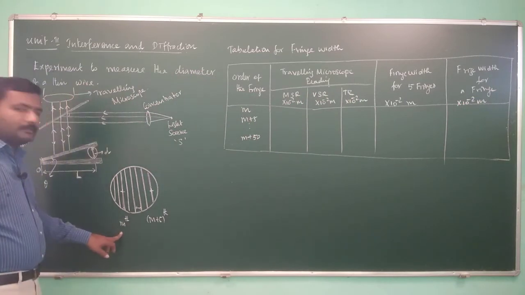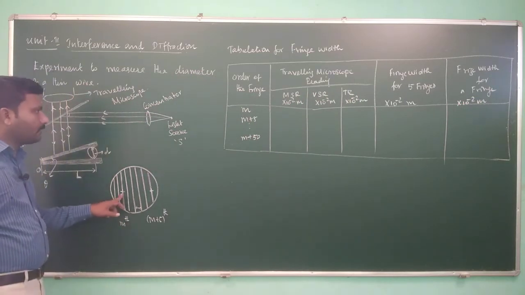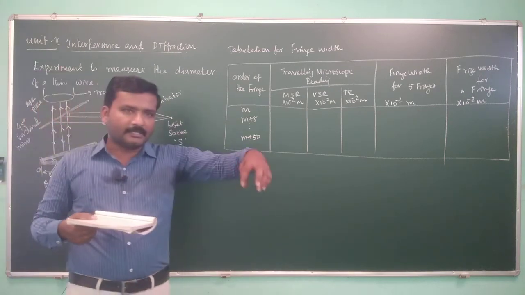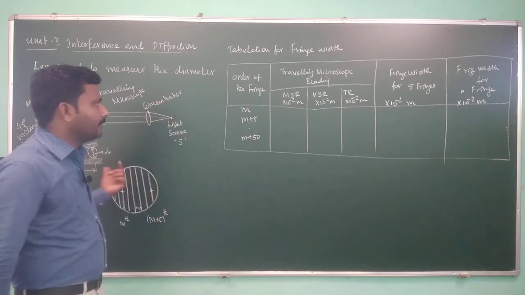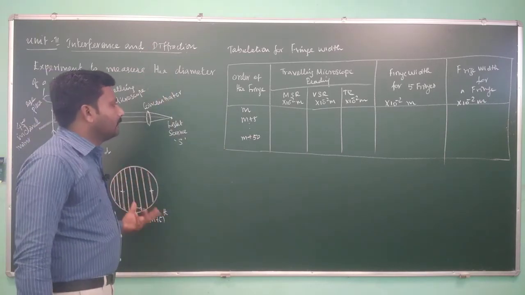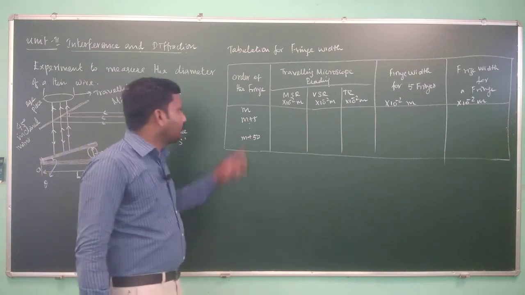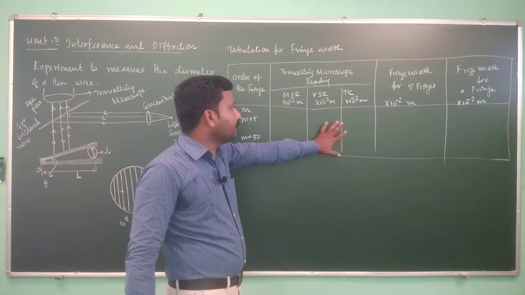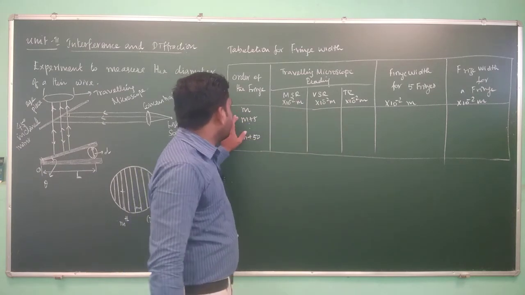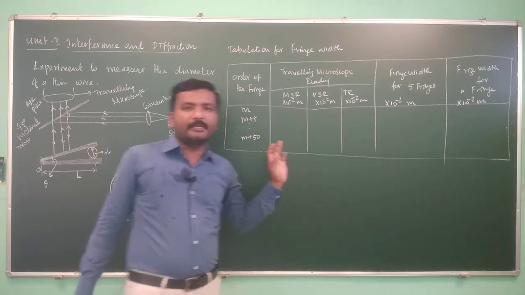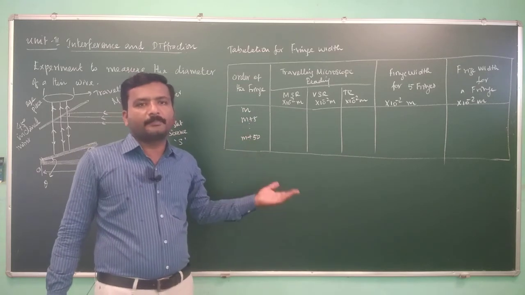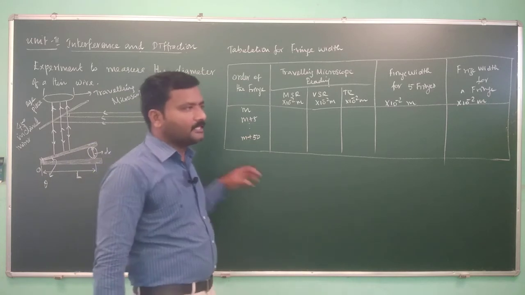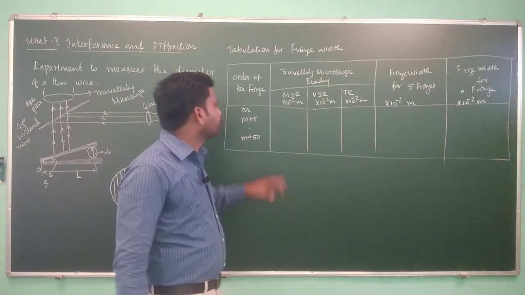For the mth fringe, we put the cross wire on the mth fringe, and in the traveling microscope you can note the horizontal reading and the vertical reading. Here we measure the horizontal reading. For the mth fringe we note the main scale reading, Vernier scale reading, and total reading. Similarly we note the readings for the m plus 5th, m plus 10th fringe, and so on until the m plus 50th fringe. You have to set up the traveling microscope in such a way.